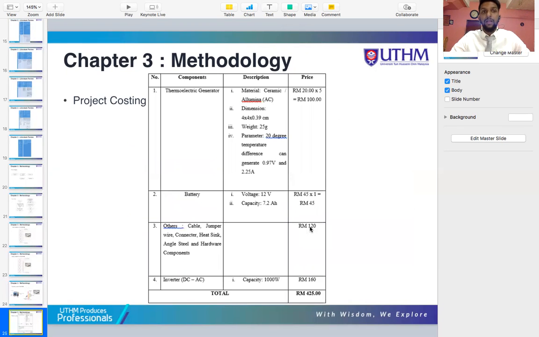This will be my project costing, which is a total of 425 ringgit. Both my panel, sir and madam, definitely have a question regarding that. Why is it so expensive? By spending RM425, we get two benefits. First, the benefit for our country, which gets to become a green environment. Second, the user who is using this doesn't have to pay an electric bill for that specific